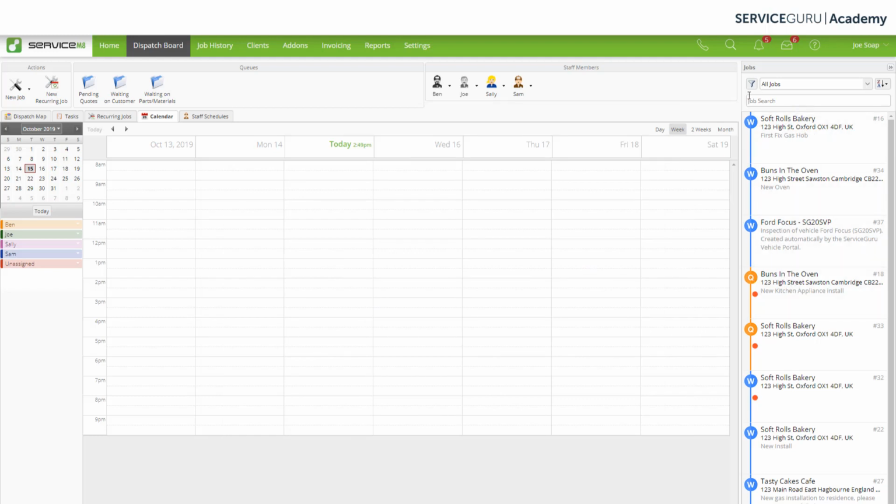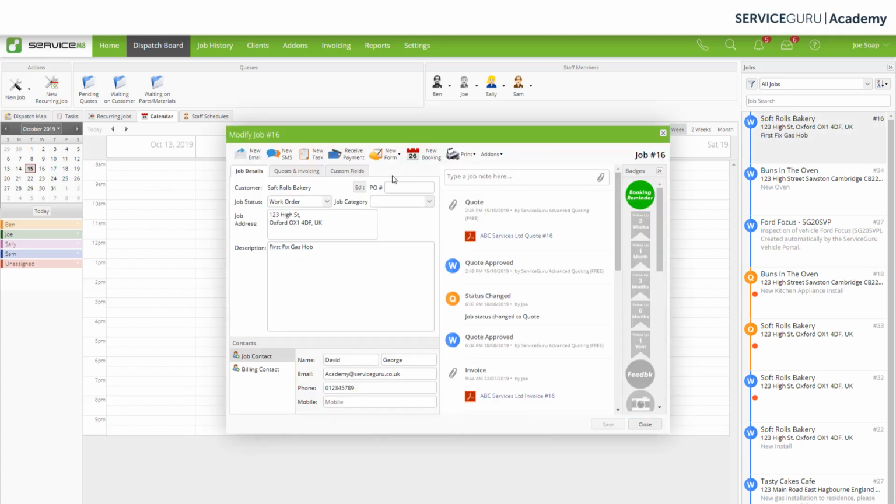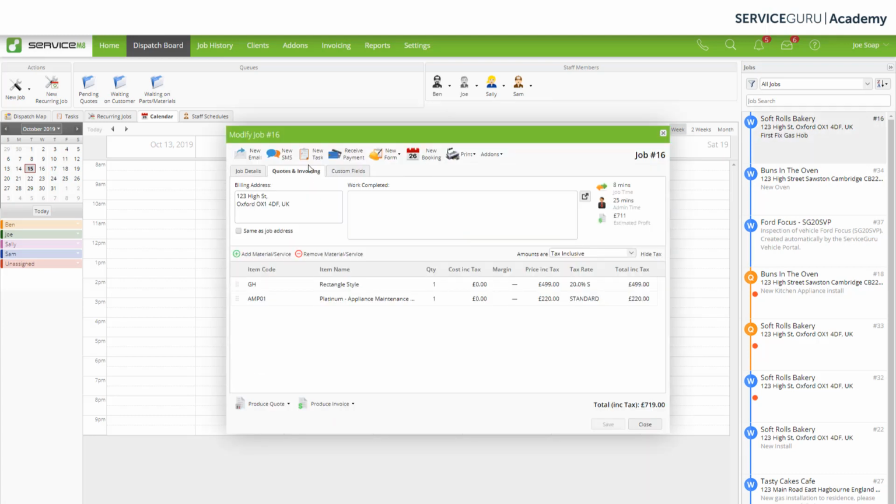So you've gone from quote to work order, and you will continue through your usual process of now signing and going to carry out that work. If we have a look at this particular job, and look at the quote and invoicing, you can see that they've selected the rectangular style, that price has been added in, and they've selected the platinum appliance maintenance, and that price has been added in for them. All we started with was 2 options, just a gas hob and an appliance maintenance, and now it will specify once the customer has made the selection and update